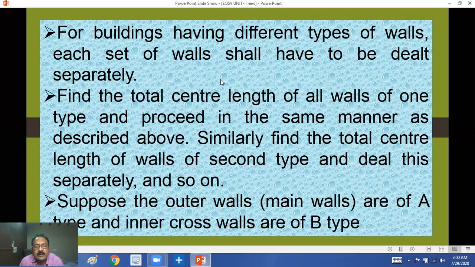You have to calculate separately. You have to find out the total length of walls of each type by observing your plan and section. Deal with main walls as type A and inner walls as type B separately. In this way, you have to calculate in the center line method,